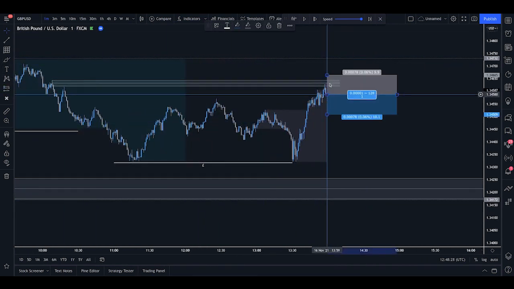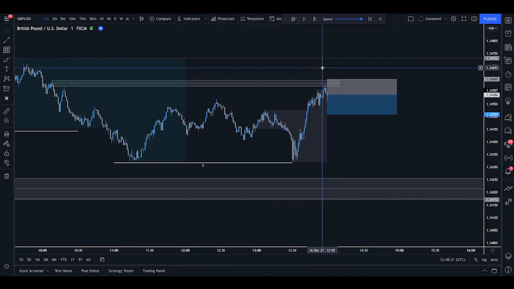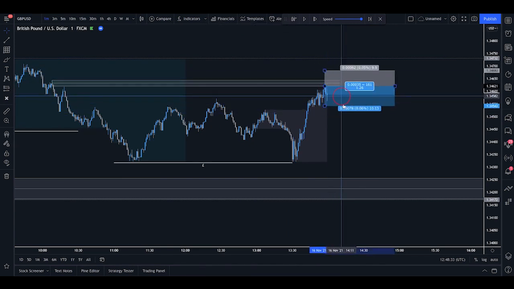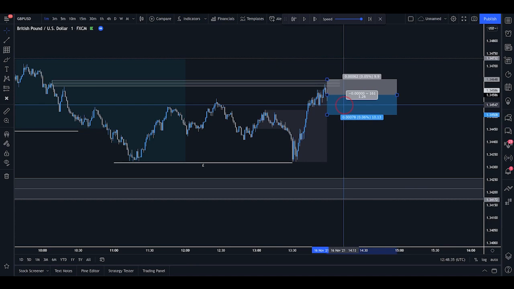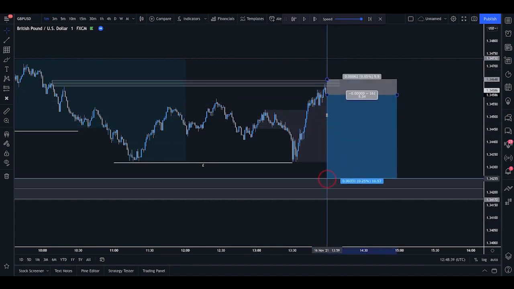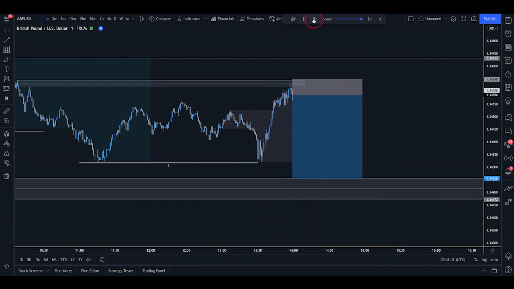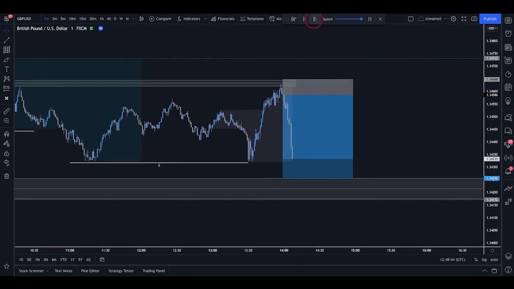Now, I'm going to go with a manual execution because we are late to the party. But generally, you'd be looking for a sell limit within this region, which would give you a better trade. But for realism's sake, let's go with a manual execution from where we are, targeting that low just there. And if we allow the trade to then play out, we see that we do get quite a nice drive